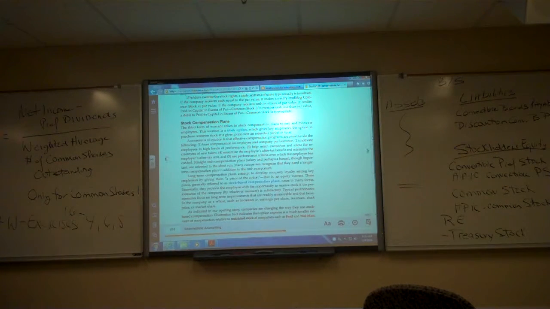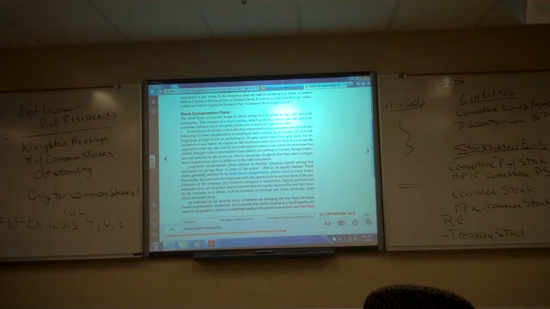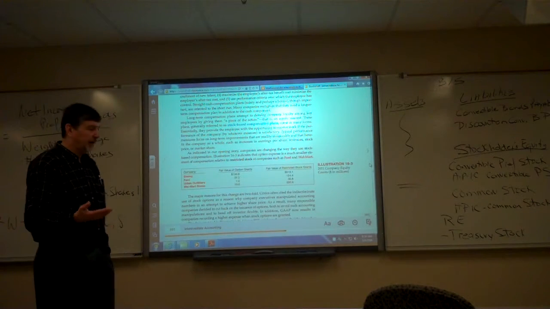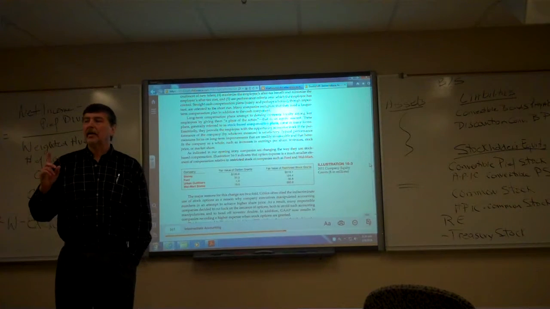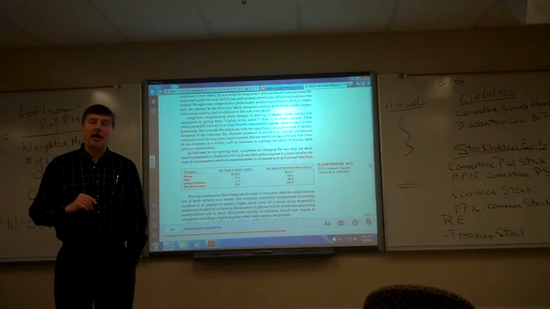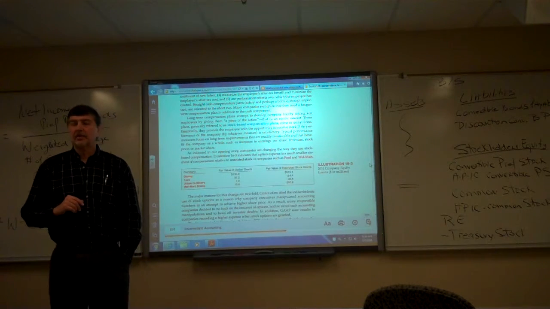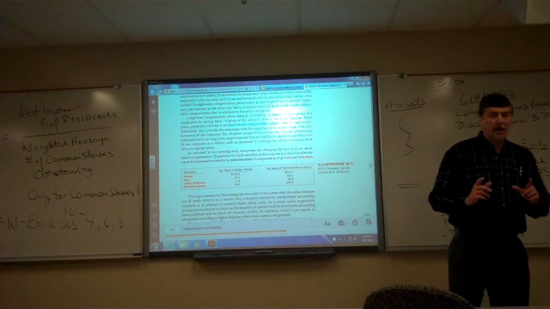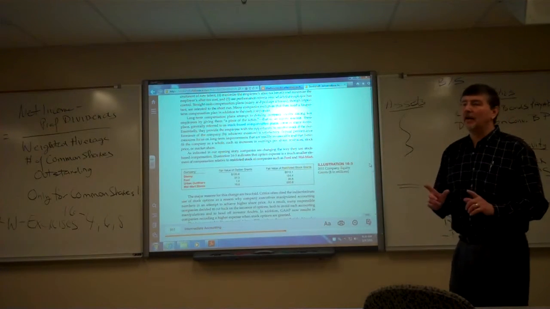Okay, stock compensation plans. You've heard of stock options. You hear the stories about, I think Michael Eisner, he used to be the head of Disney, he still may be, but anyway, one year he cashed in like $250 million of stock options. So the way a stock option works is, you have the right to buy one share of stock at